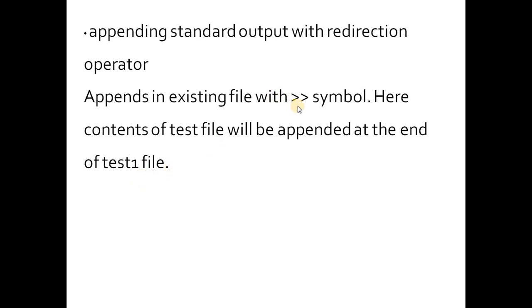So when we use this symbol, the previous data of test1 stays as it is, and the new file data will be added after that. For example, here we have given cat test double greater than sign test1. In this case, the previous data of test1 will be maintained and the new data from the file test will be added at the end of this file.